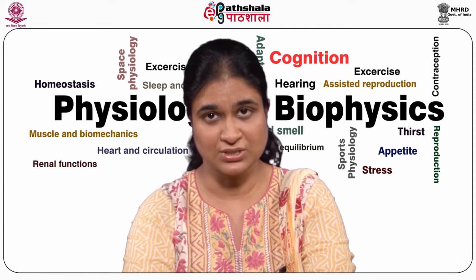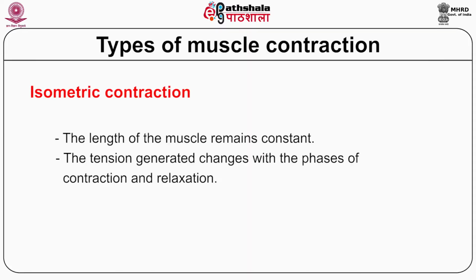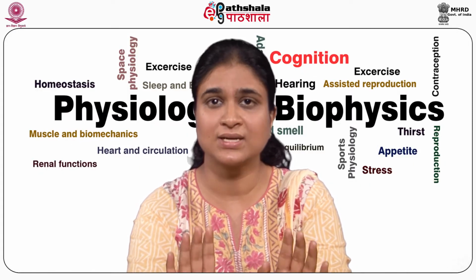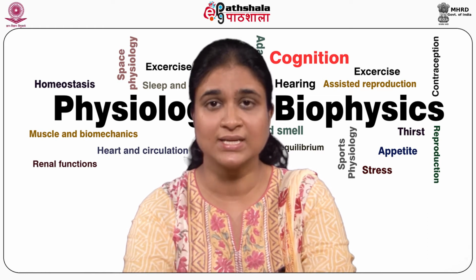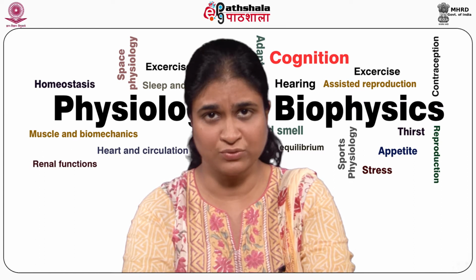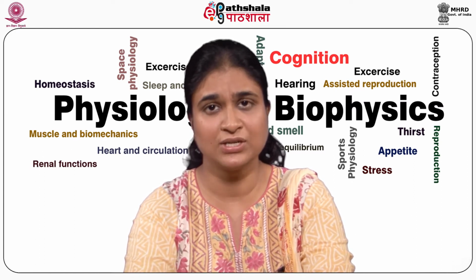Isometric contractions are observed physiologically when a muscle contracts against a load exceeding the maximum total tension it can develop. For example, when you use both your arms and try to push against a wall, that's an isometric contraction. While most of the body movements at various limbs and joints against a definite load are